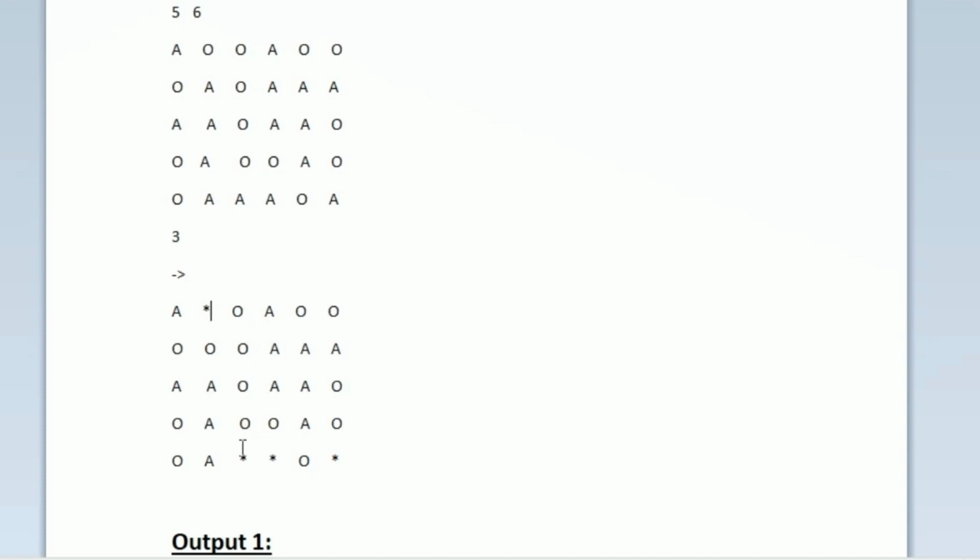Similarly, all the columns where we have removed the fruits should be updated. Here this asterisk must be moved to the top and all the remaining fruits are O only. So I am keeping it as such and putting the star alone at the top. Then for the fourth column also, here we have AAAO. I am just taking this asterisk and putting it at the top, with AAA and O below. This is how the column would be updated for the fourth column.